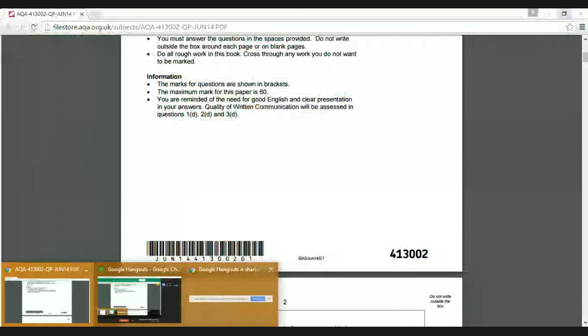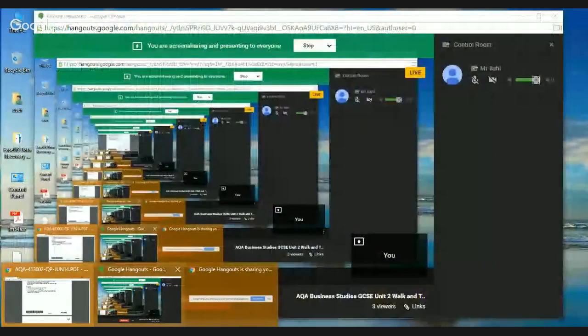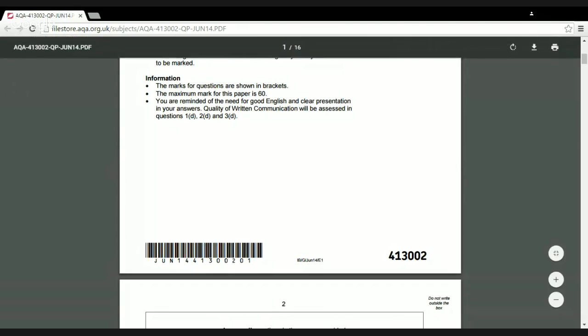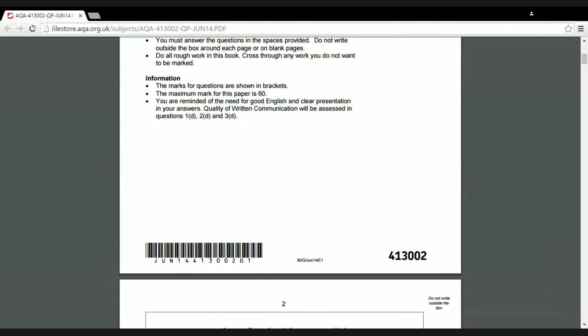Let's just see how many people we've got in the room at the moment. Starting to figure this one out. Let's see the chat box. Okay, so